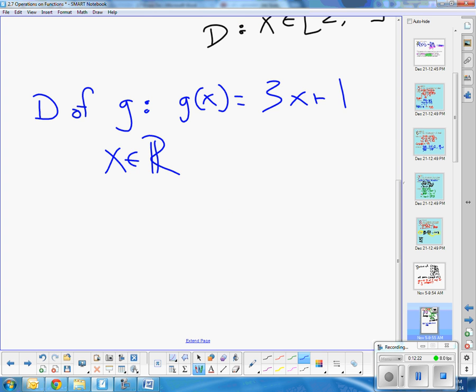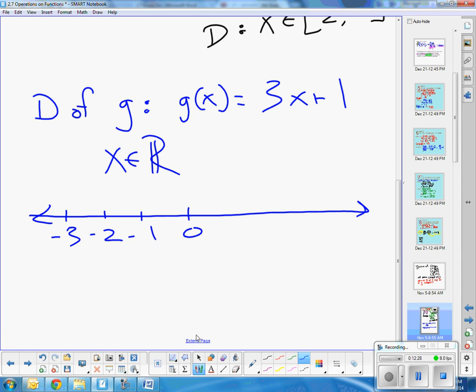If I want to look at this on a number line, -3, -2, I'll just put a few values on here to help us out. The domain of f starts at -2 and goes to +2. The domain of g